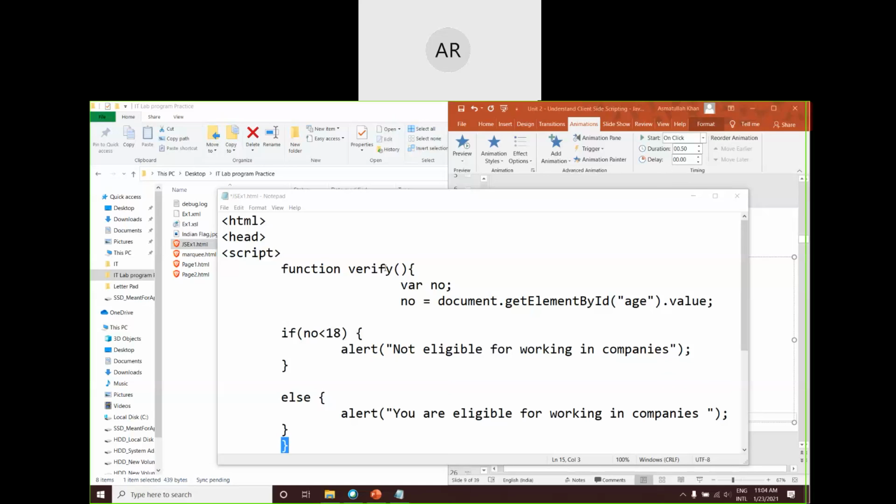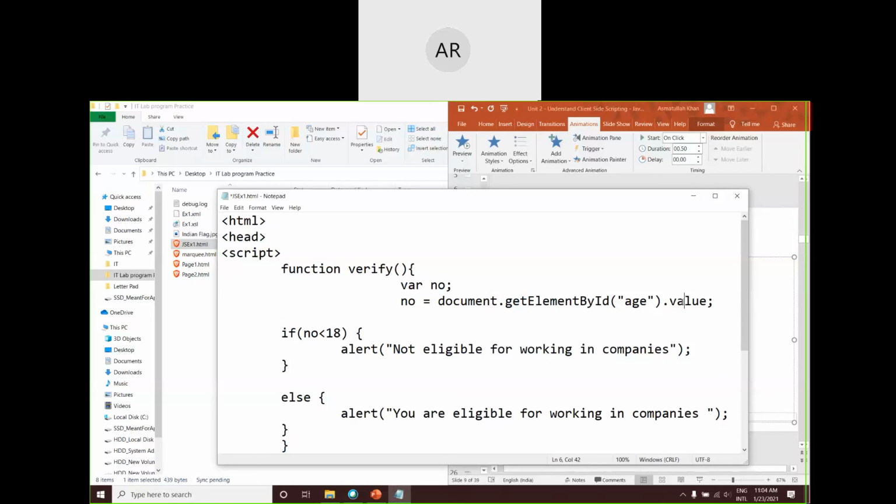So first, we have to read the age entered in the text box by the user. We are trying to get the value entered in the age.